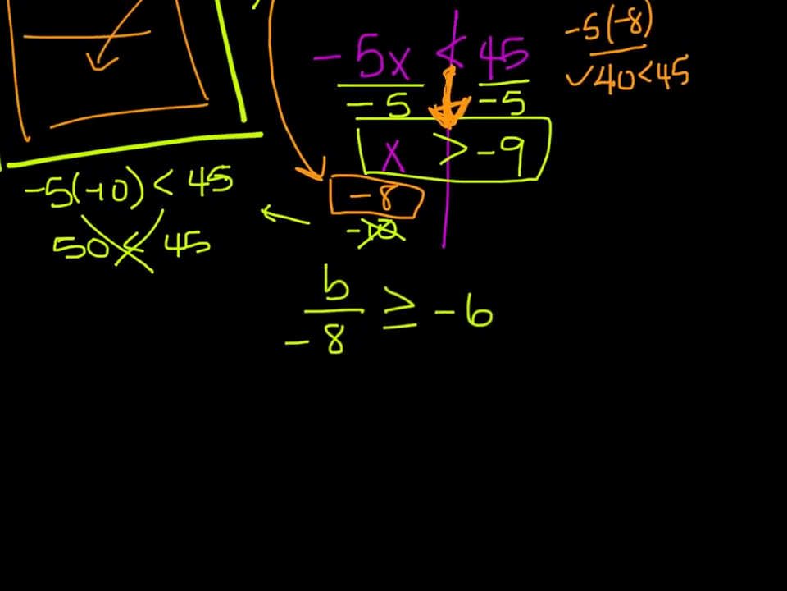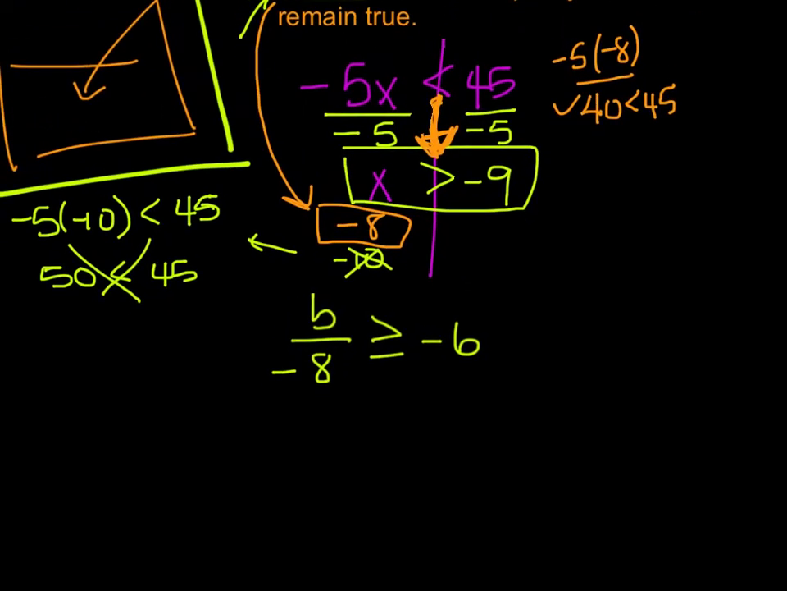We have b divided by negative 8 is greater than or equal to negative 6. What is going to undo this dividing by negative 8? Well, multiplying by negative 8. And remember, I'm carrying that negative sign through, because if I don't, then I'm going to still have that negative on the b, and I don't want to deal with that. That's a mess. So these cancel to 1, so we just have b is greater than